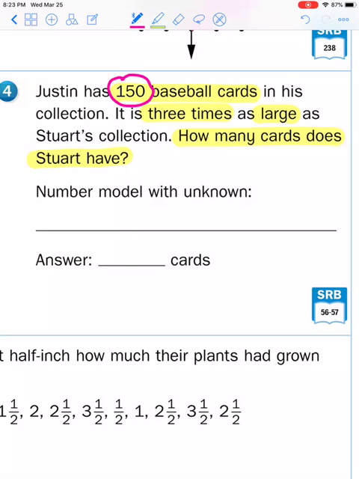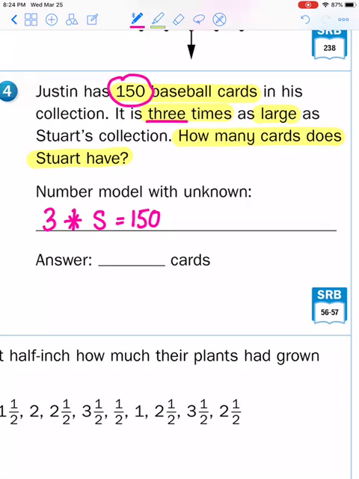Justin's collection is 3 times as large as Stuart's. But we don't know how much Stuart has. So 3 times however much Stuart has, and I'm going to make this into a star so you can see. 3 times Stuart's collection equals